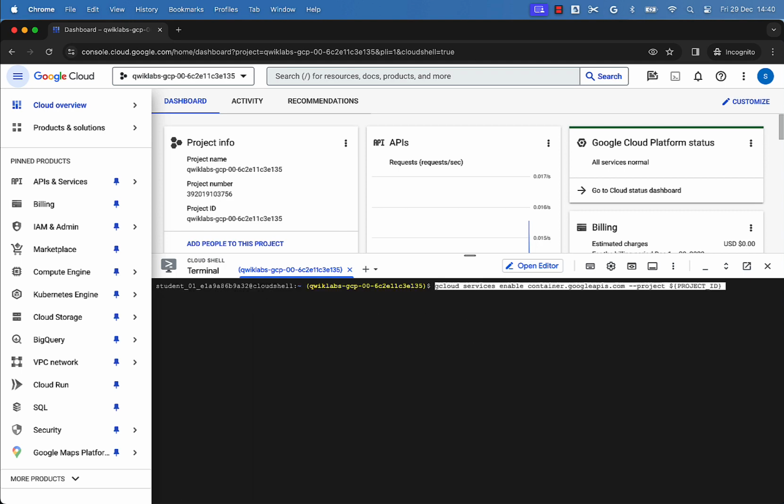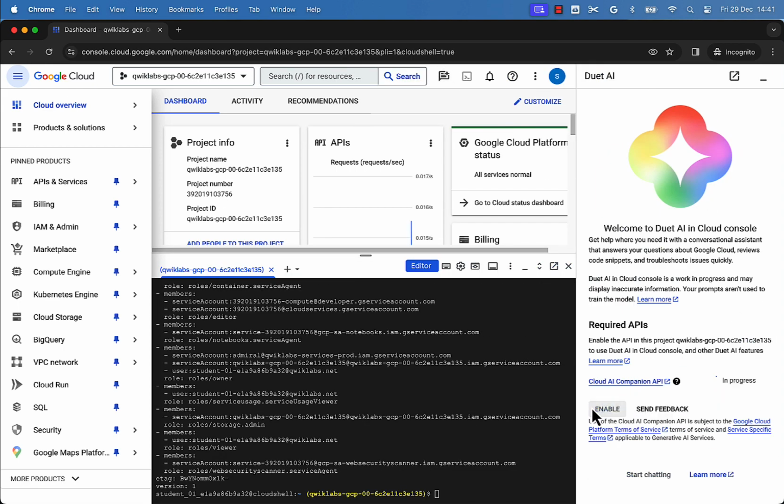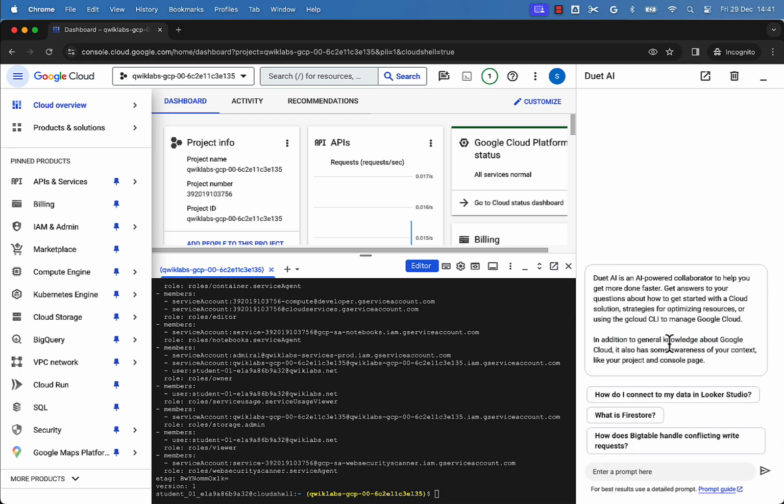And as you can see, I'm also enabling the container API and all other such APIs that will be needed to deploy the GKE cluster, as well as the policies that will be needed to allow this. Now we enable Duet here as well on the chat panel, and we have Duet AI on the Cloud Console alongside us as our